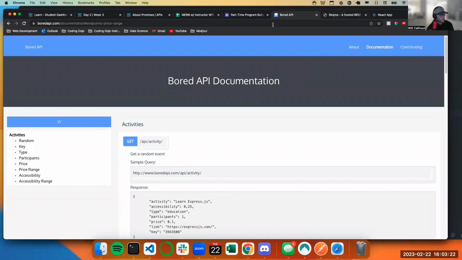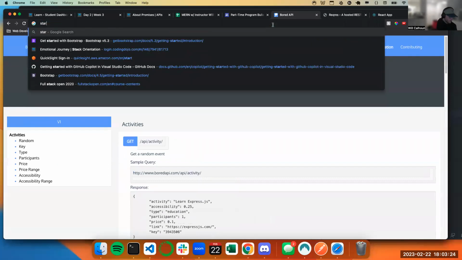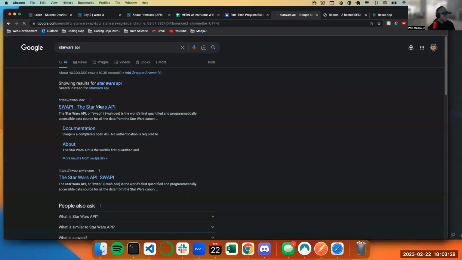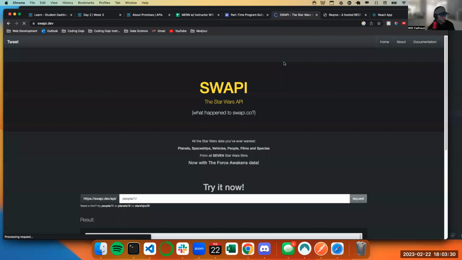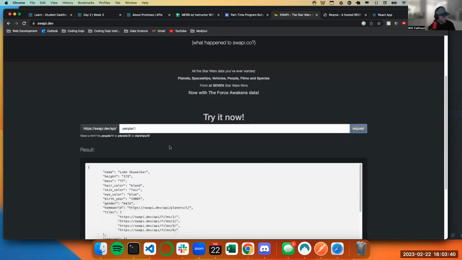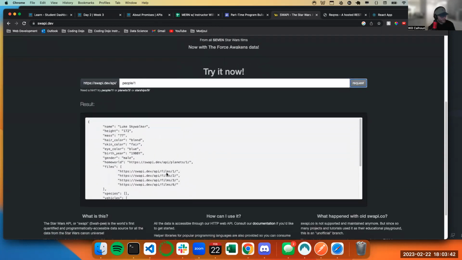There's a Pokemon one, a Star Wars API that is really popular. Most instructors go through this one, which is a really, really fun one. Here's our base URL and the different things that we can do. I can say people/1, and this will be my request, and then it gets me Luke Skywalker, and I can then show that information however I want.